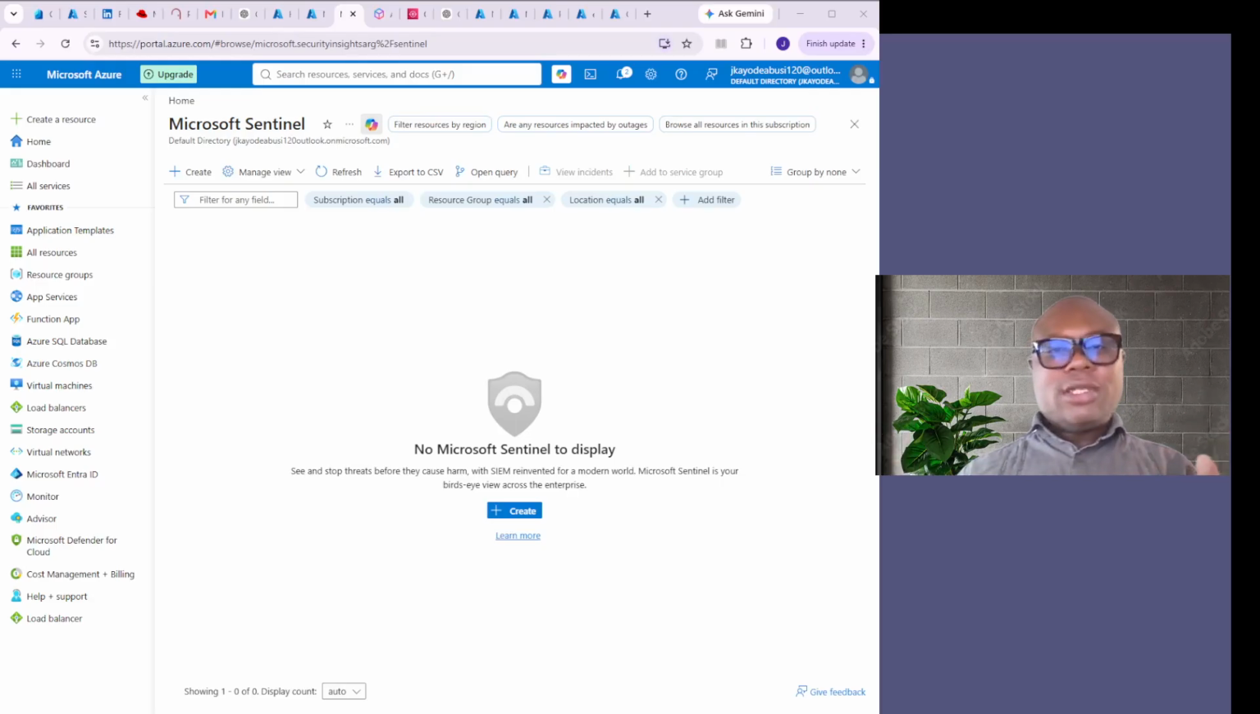It collects security data from across the organization, including users, devices, applications, and cloud environments, then uses analytics, automation, and threat intelligence to identify suspicious activity. So with Microsoft Sentinel, security teams can gain a unified view of threats, reduce investigation time, and respond faster to security